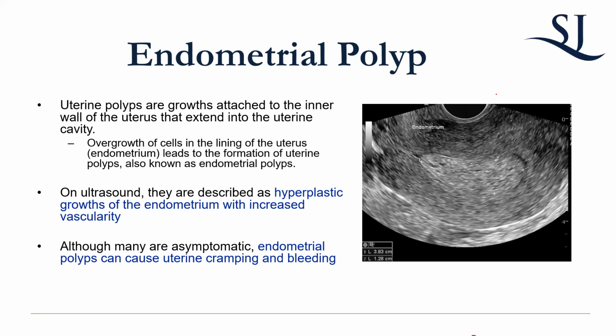There's a lot of vascularity on it. Well, yeah, it's definitely vascular. It has increased vascularity, and that's how it's determined. But why is it painful? That's why it causes bleeding. It triggers contractility. Yeah, exactly. Because it's hanging down in the cavity, the uterus tries to push it out more or less, and it can't because it's attached. So it causes cramping. Exactly. So it causes the uterus to contract.